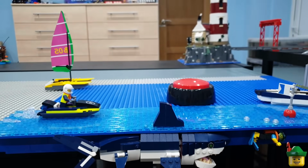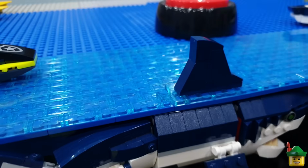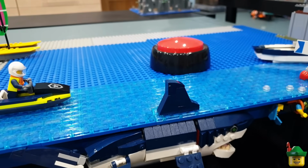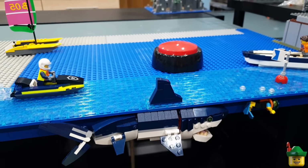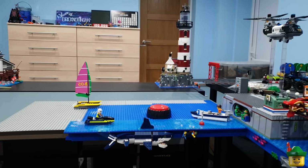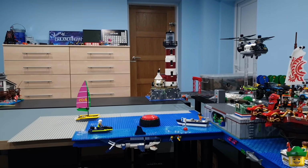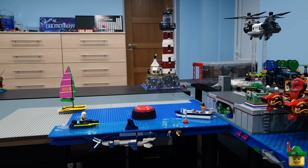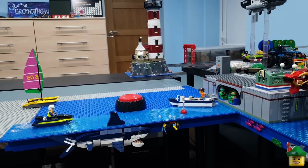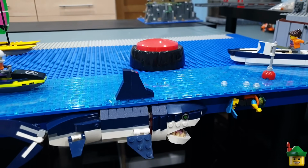So yeah, there we have the fin breaching the surface of the water, and I've done a couple of little ripples, if you can see that, in the surface of the water, but it's very smooth and gliding through, so it doesn't create much of a wake at all. But that is a great scene, and we'll be able to see that from absolutely everywhere on this side of the bridge sort of scene in the standing hole, and it looks absolutely amazing because I won't be crawling directly underneath this bit like I did in the old city, so I won't be knocking that off. So that works really well. So there is another challenge accepted